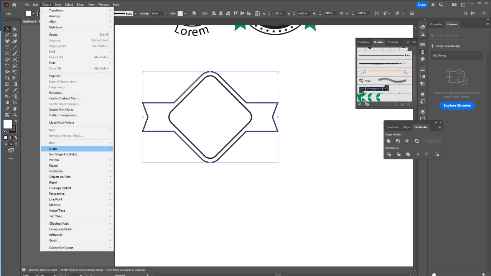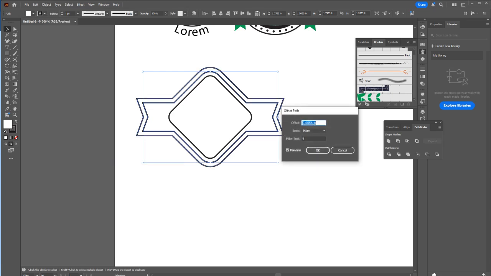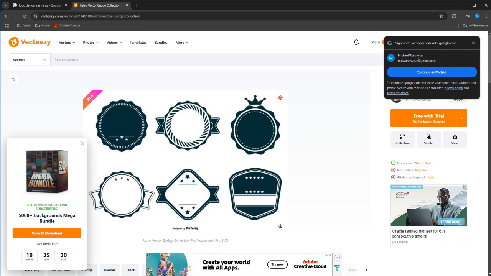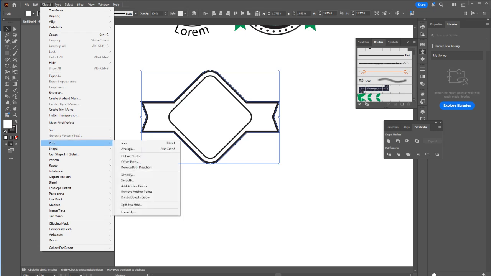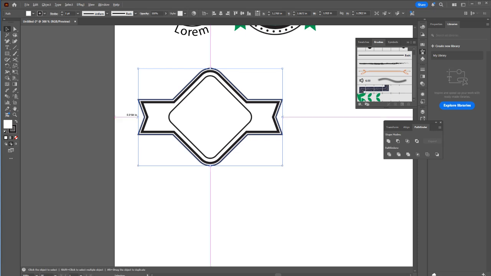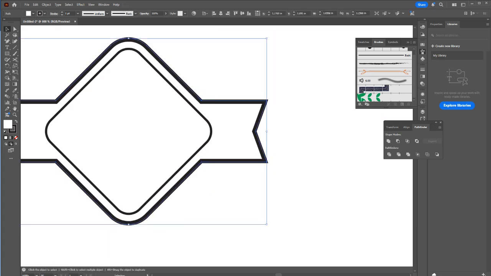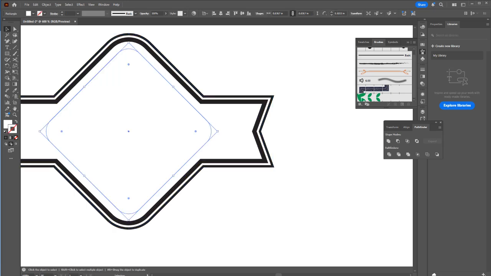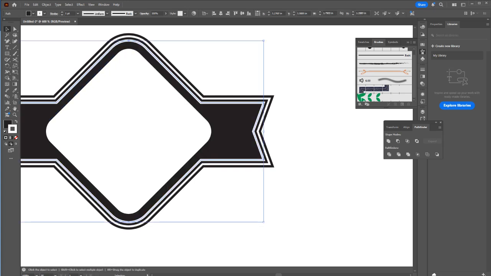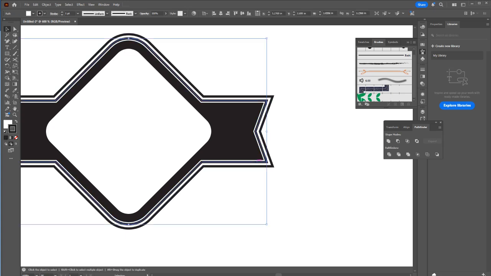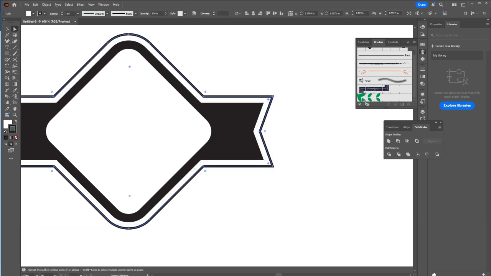So I'll do object, path, offset path. We'll do 1 pixel on this one, because that one was kind of pretty thin. And then we'll do one more object, path, offset path, and we'll do 2 pixels for that. And then, actually, let's not do that. Yeah, no, we want to do that. Okay. So let's swap these settings around. That'll be there. That'll be there. This is the white area, so we just want to get rid of the border. And then this one, yeah,